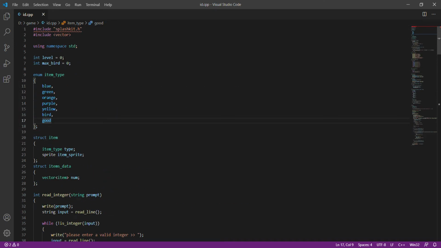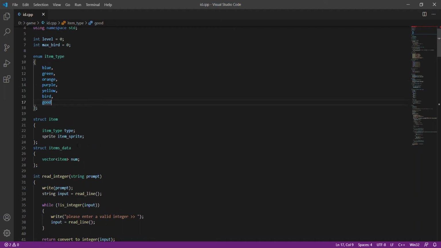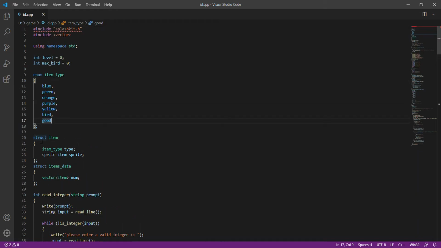As we start with the code, we are using the SplashKit library and SplashKit functions, starting with the enum. We have used an enum for storing values of balloon color names that are used later in a switch case for returning the matching bitmap. And we have used a struct.